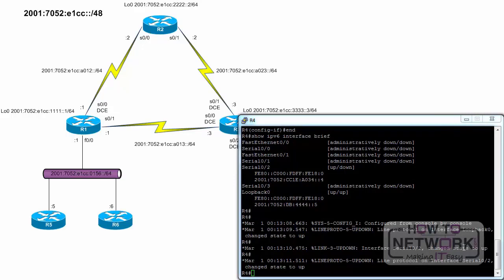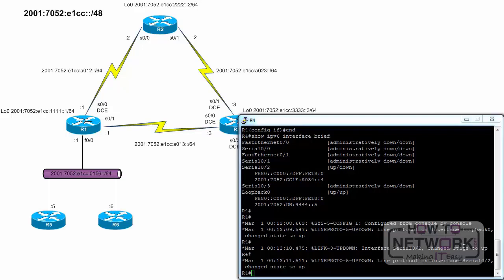Configuring link local addresses. Link local addresses were automatically created when you assigned global unicast addresses to the interfaces. Unless configured manually, link local addresses are created using an FE80::/10 prefix and an interface ID using the EUI-64 process. As previously mentioned, EUI-64 involves using the 48-bit Ethernet MAC address, inserting FFFE in the middle, and flipping the 7th